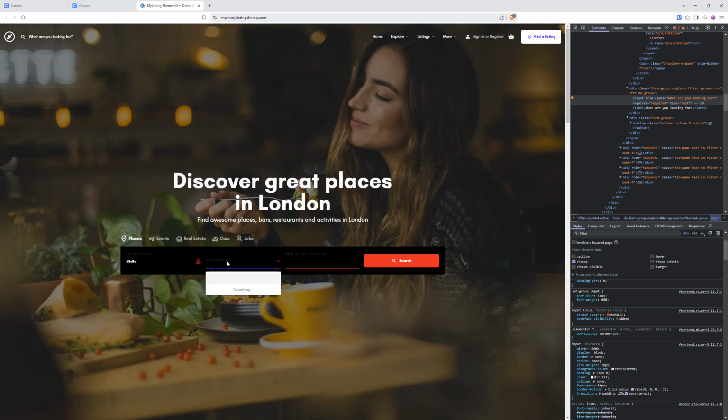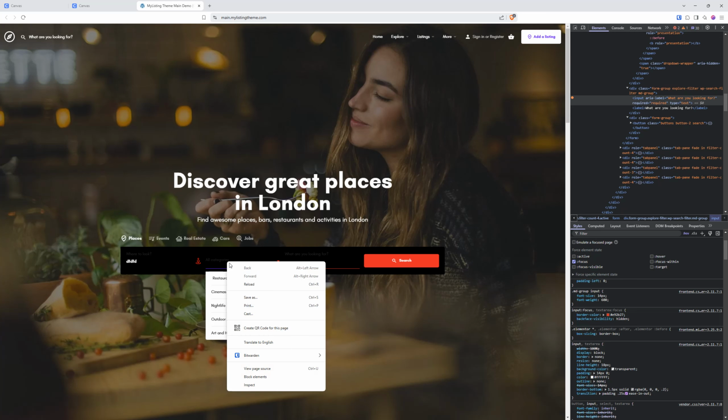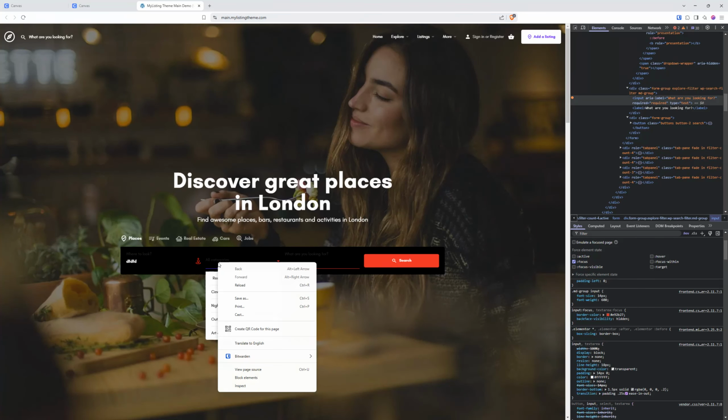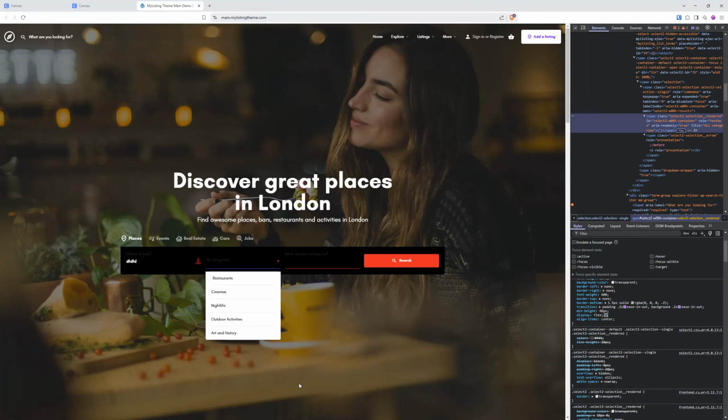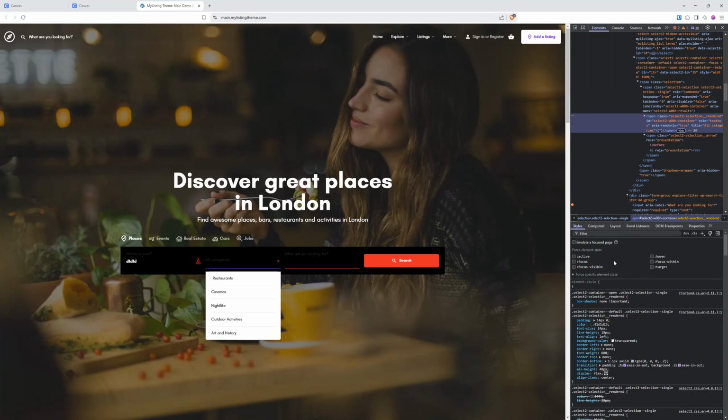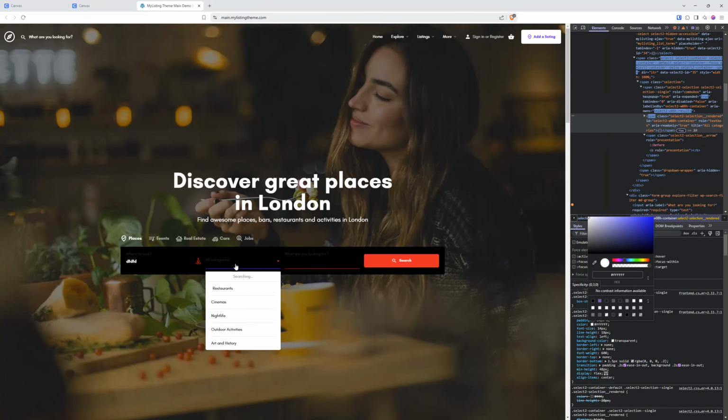Okay, so clicking into here, we've got a completely different type of field. It's what's called a select two field. So we're going to just get that activated, right click, inspect it again. Okay. Now we need to, let's see, we have a color right here. So our very first color that comes up is this dark color. So let's make this white. Okay. What that's going to do is that's going to be our,